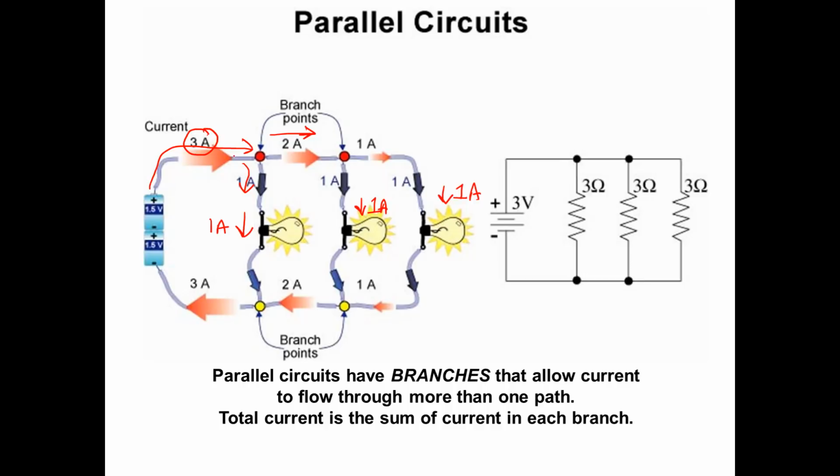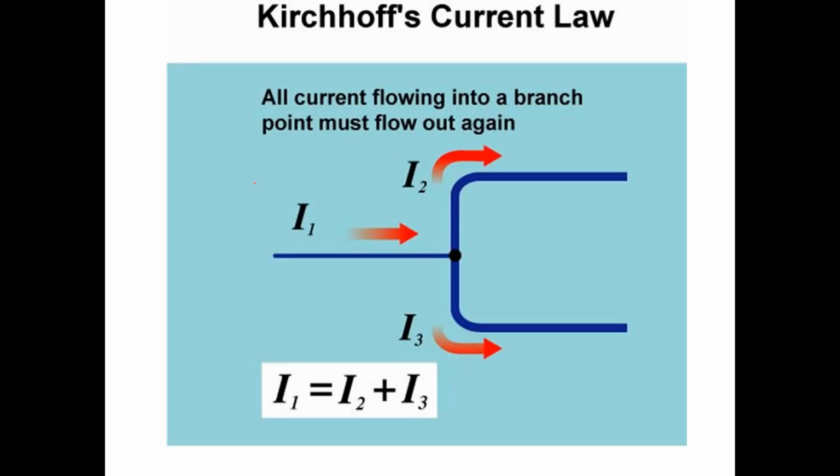When we get to any one point here, the current arriving at that point has to equal the current leaving. We don't have a buildup of current at any one point. 3 amps arrive here, 3 amps must leave. In this case, 2 amps are traveling to the right, 1 travels down. That's known as Kirchhoff's law. Let's take a look at that. All current arriving at a point, in this case, right here,